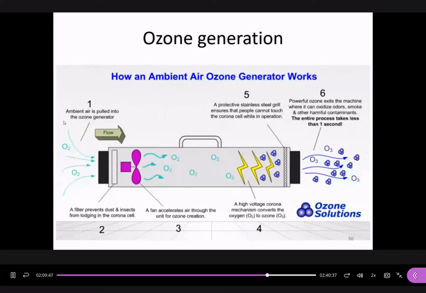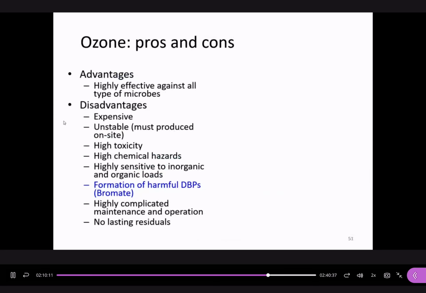This is not very expensive. If you buy a lab scale ozone generator, it costs a few thousand Hong Kong dollars. And you can produce ozone instantaneously on site. Every disinfecting technology has its advantages and disadvantages. So what are the advantages? Highly effective against all microbes. Disadvantages: expensive, comparatively speaking, compared to chlorine. Unstable, so it is very difficult to transport from one site to another. It is better to produce ozone gas on site